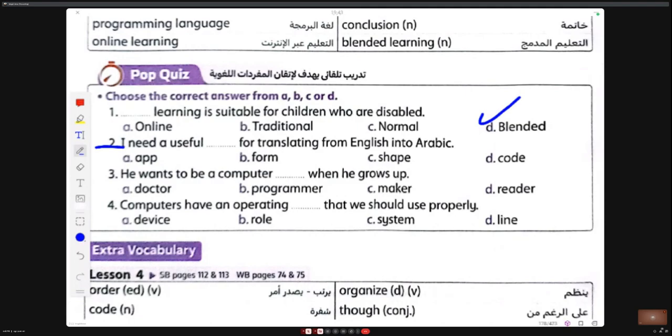Okay, complete 3 and 4. He wants to be a computer programmer when he grows up. Computers have an operating system that we should use properly.